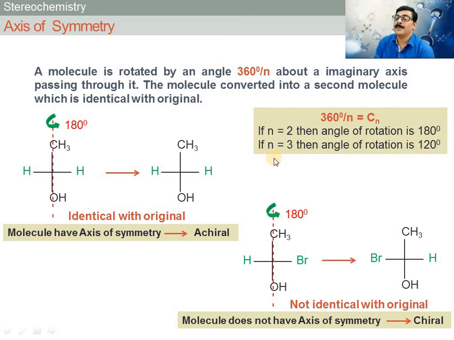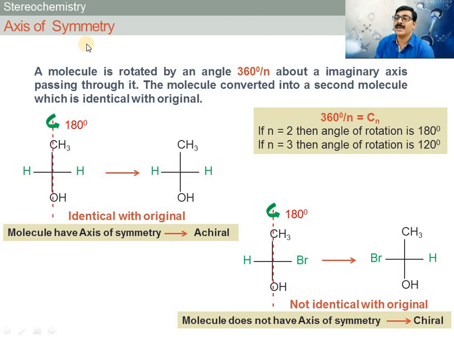Remember here, the molecule is rotated by angle 180 or 120 about an imaginary axis. Then the molecule is converted into a second molecule which is identical with the original after rotation, then such type of symmetry is called as the axis of